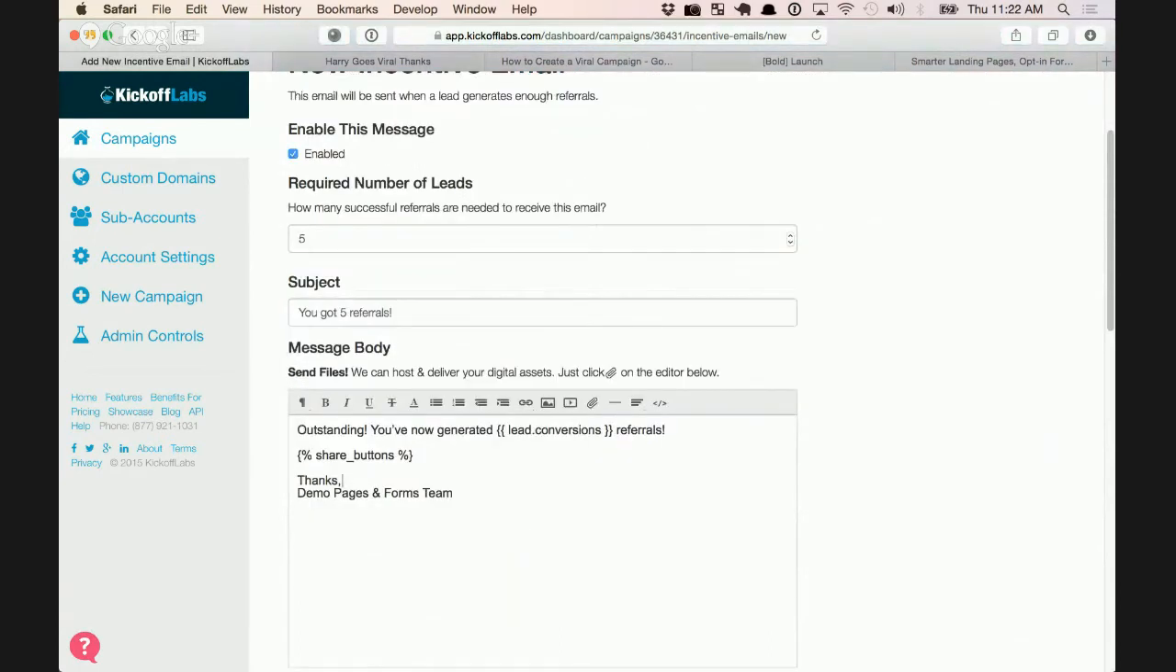Outstanding, you've now generated, we have tokens that say conversions, your referrals, and you can say keep sharing. At 15, you'll get free products. And so you kind of remind them to keep going. I tell people they should personalize it. So you should say from who it is